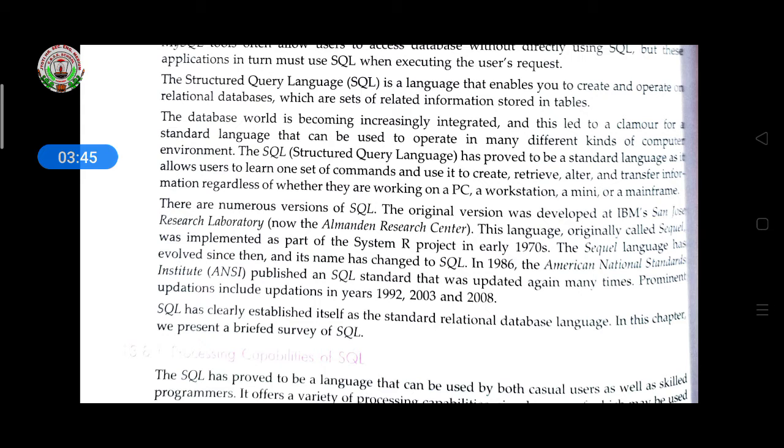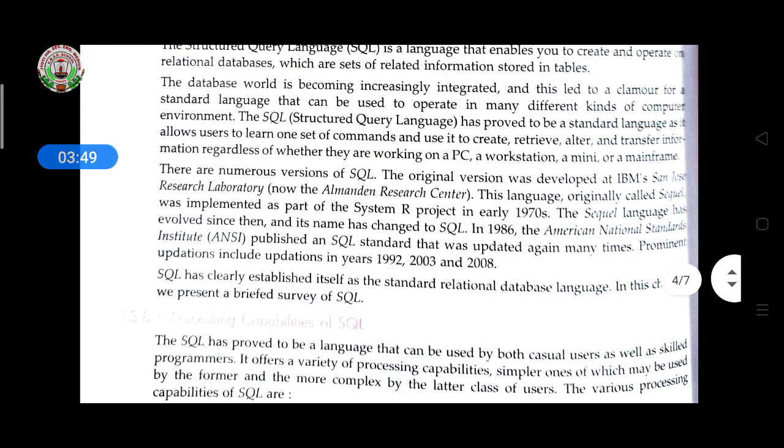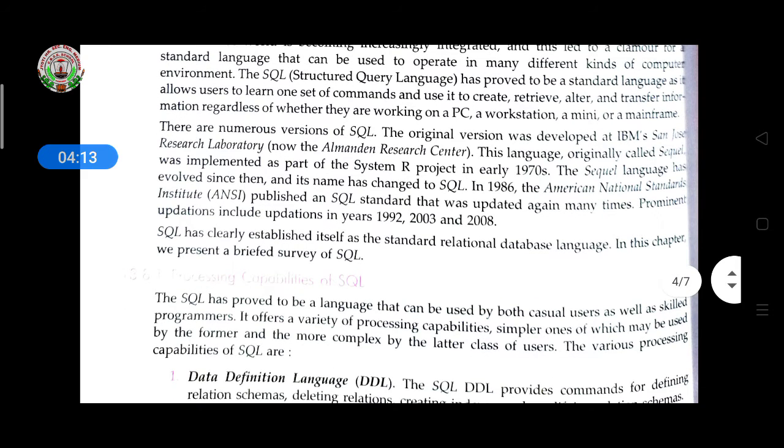There are numerous versions of SQL. The original version was developed at IBM's San Jose Research Laboratory, now the Almaden Research Center. This language, originally called SEQUEL, was implemented as part of the System R project in the early 1970s. The SQL language has evolved since then and its name has changed to SQL.